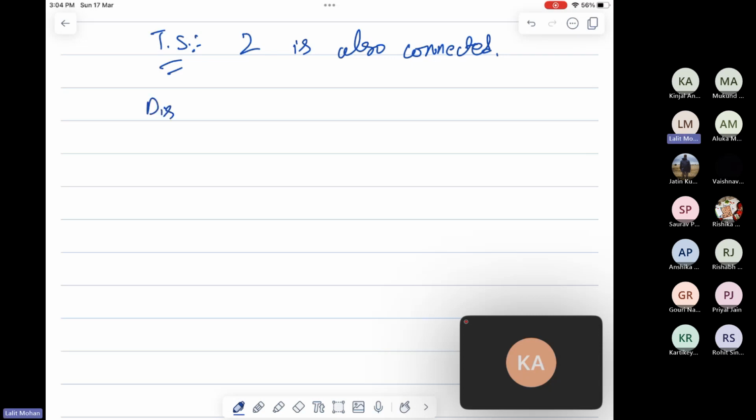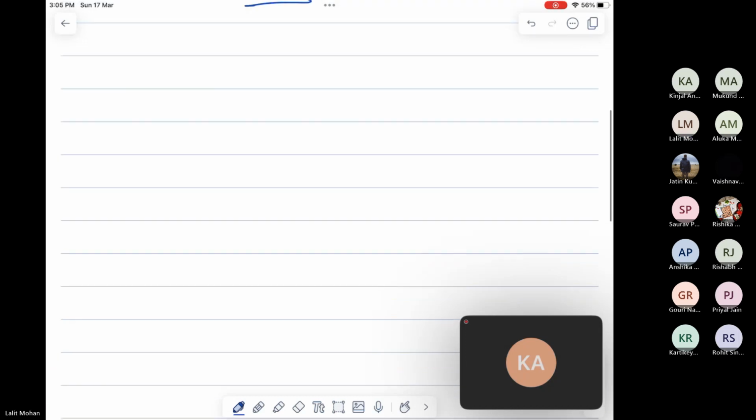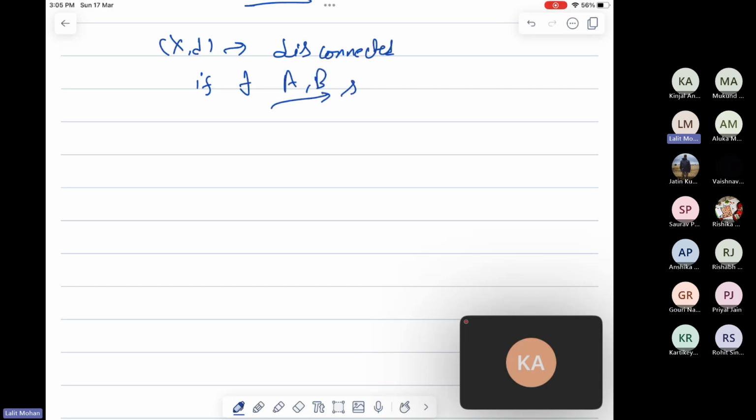So disconnected means, say X is said to be disconnected if there exists a set, say A, B, called the separation,